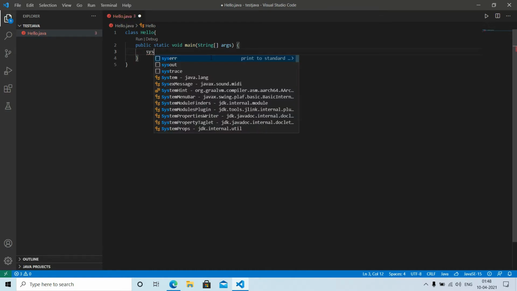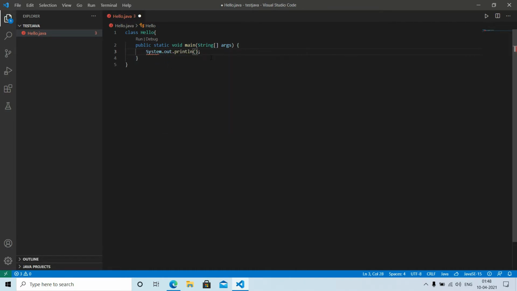So let's type system out print hello world. So why is it giving an error? There is nothing wrong. Okay, I think I've used single quotes.